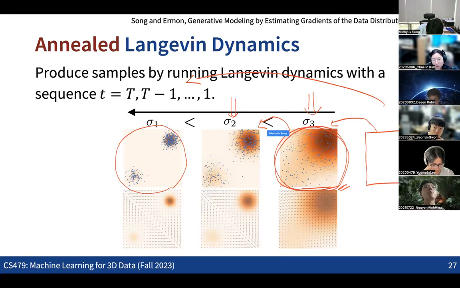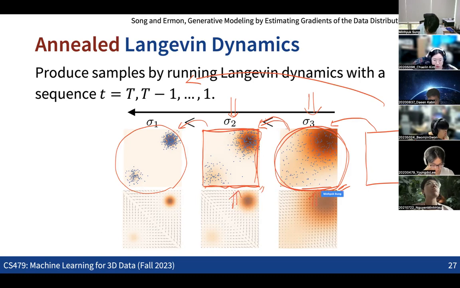The next step is that we get a slightly less perturbed data distribution by running the Langevin dynamics with the score that we got from this distribution. Then we repeat this process, giving us multiple in-between distributions between our data distribution and the prior distribution, in a way that the score prediction can be as accurate as possible for each of the intermediate steps.